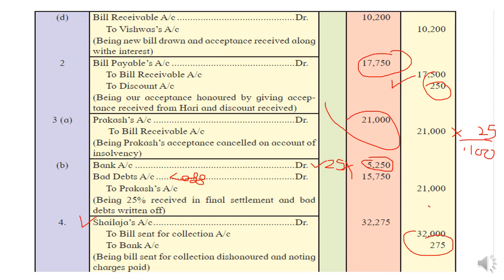So Shaileja's account will be cancelled, which means a dishonored entry will be shown for 32,275, because noting charges will be collected later from Shaileja only, so they will be added in the dishonor entry. So students,